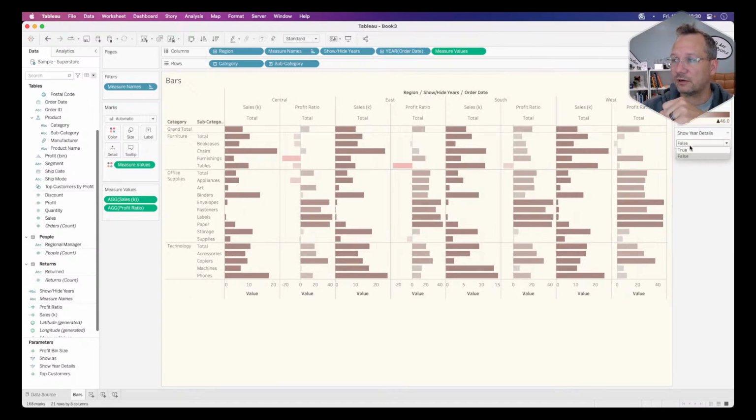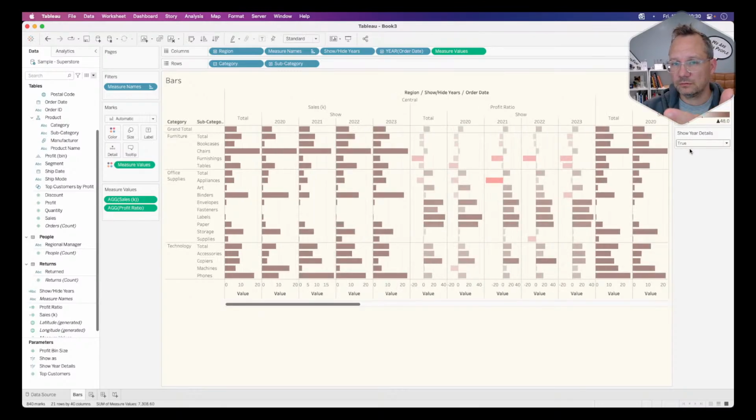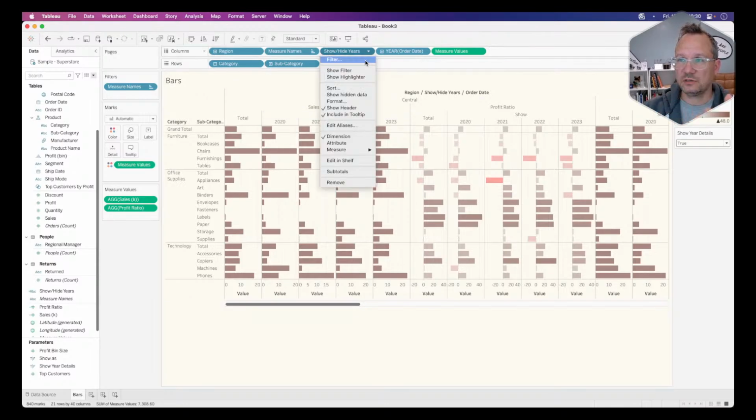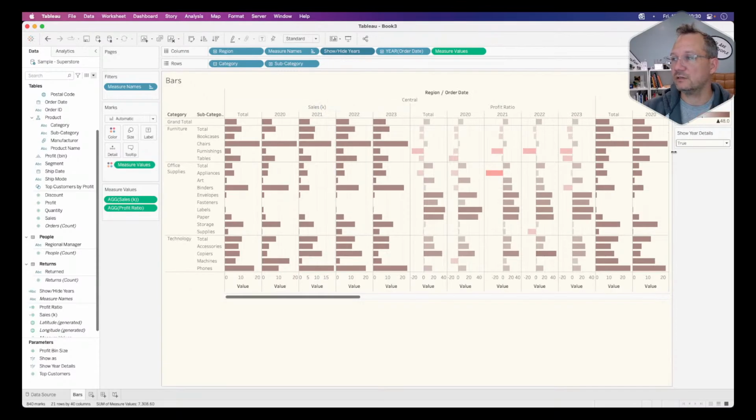And now, whenever I flip this to true, there's all my years, because you can see here that show is showing. So now, how do I fix this? How do I, not fix it, but how do I clean this up? Well, that's really easy. You just go here and uncheck show header, and now it's gone. And now you've got a parameter driven show hide, which can be really, really powerful, not just in this scenario,